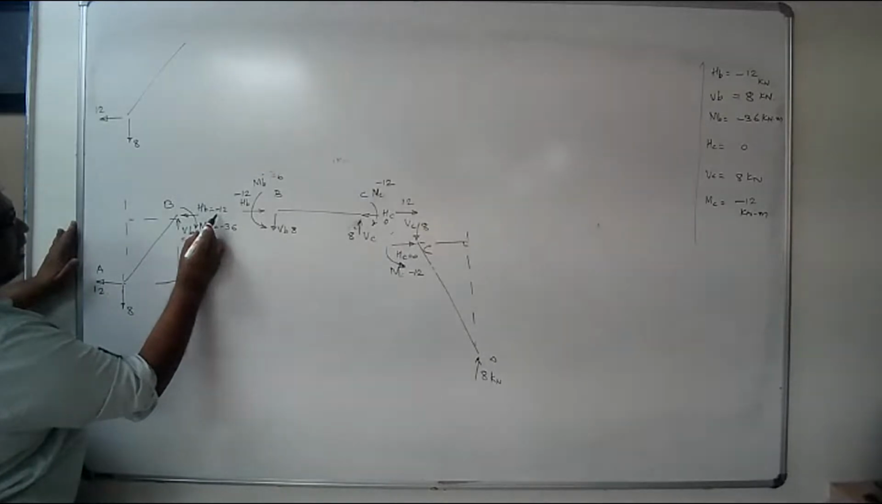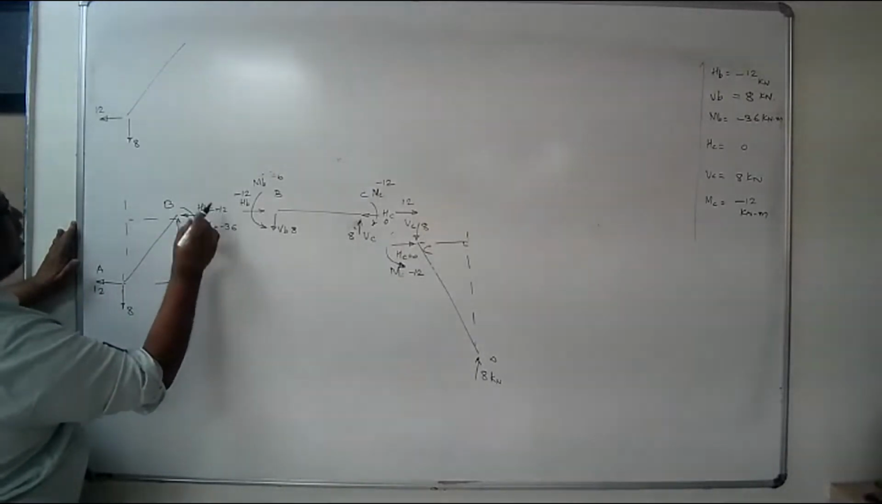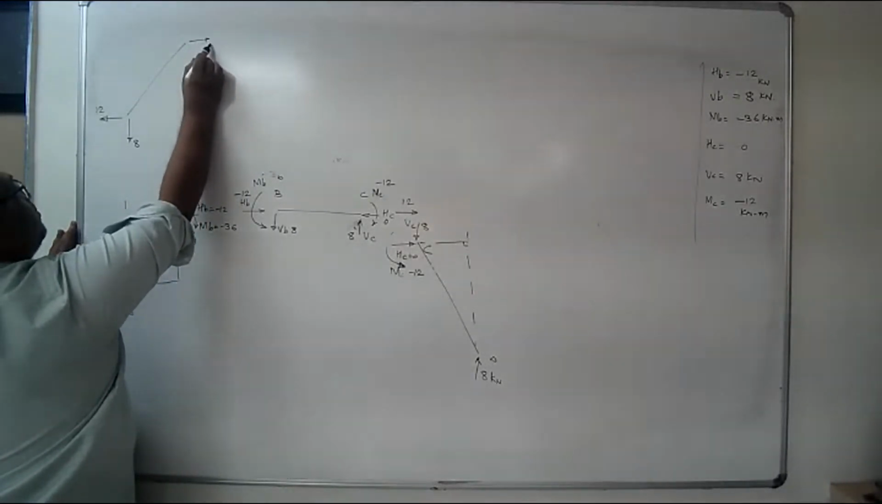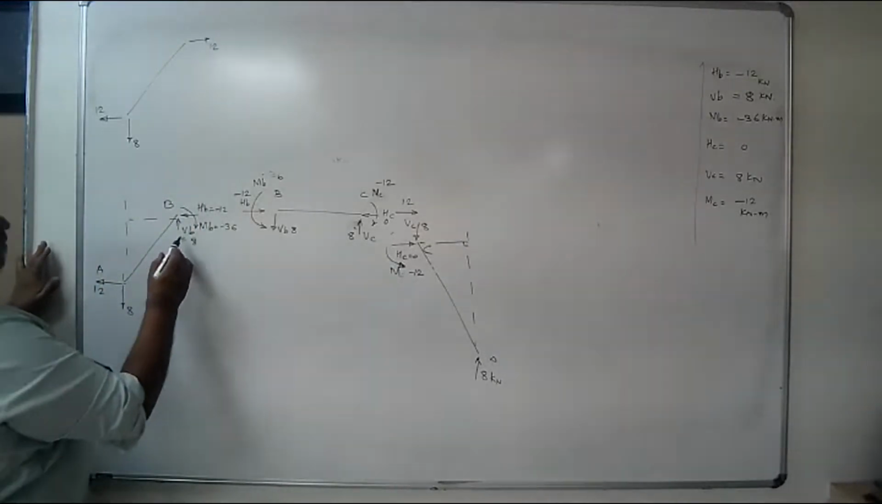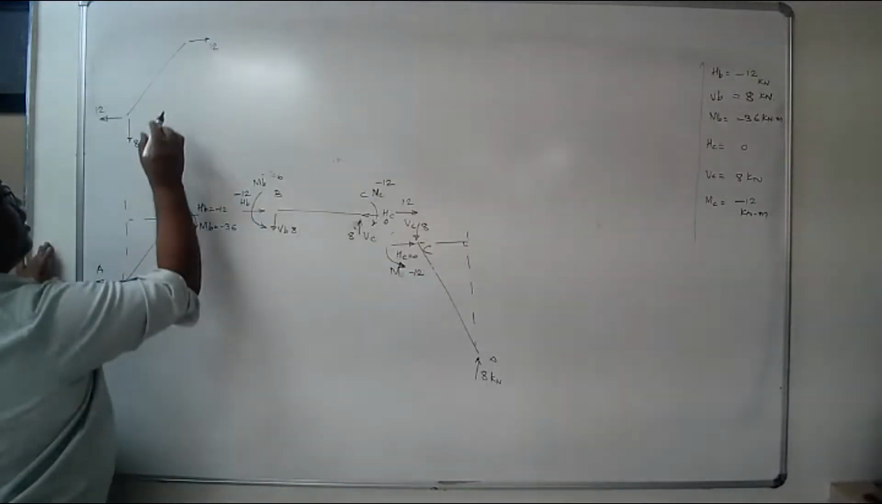Horizontal, how much has it come? Minus 12. I had assumed left and I have got minus. It means this must be acting right. So it is 12. VB, I had assumed up, I have got a positive value. So this is